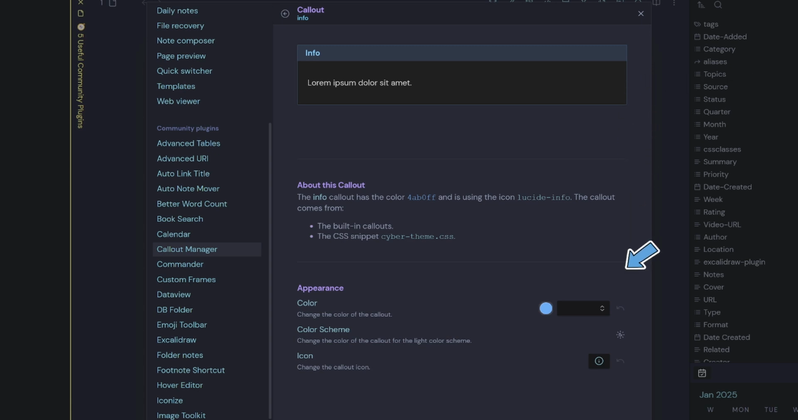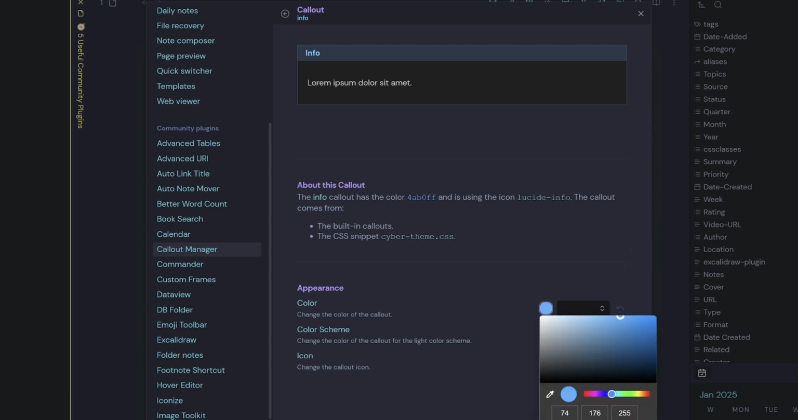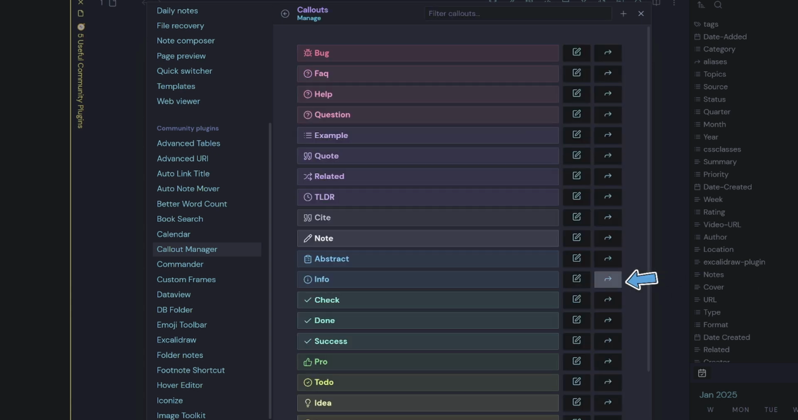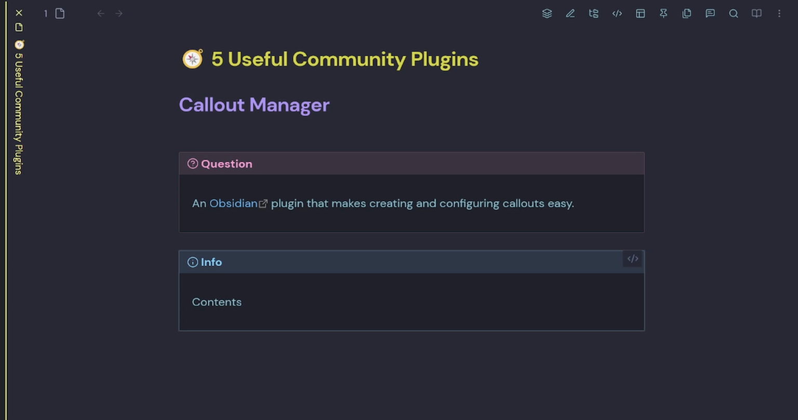I could change the color of it if I didn't like it to be blue. I could make it green. If I didn't like the icon, I could change the icon. And if you find that you don't like the color that you've set, you can simply reset it back to the normal color. Now you can either insert the callout, click the arrow, and that will insert the callout